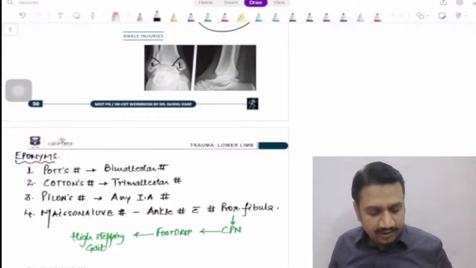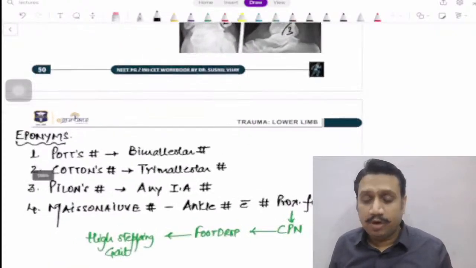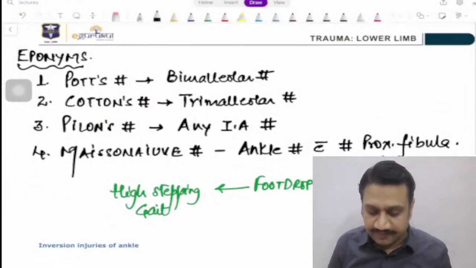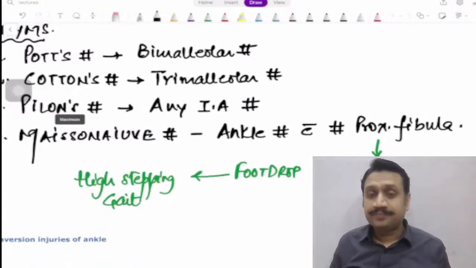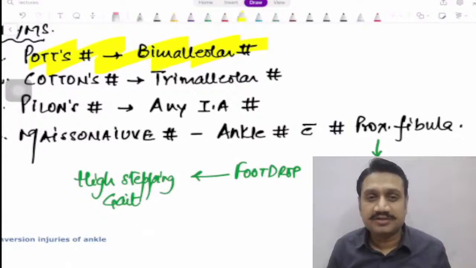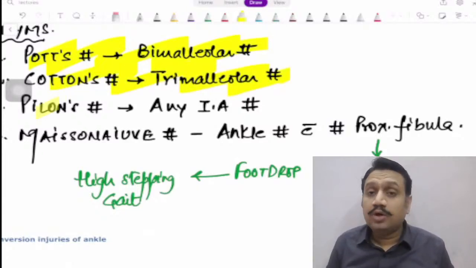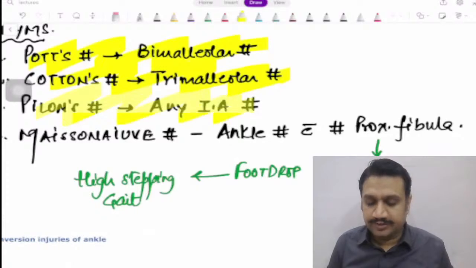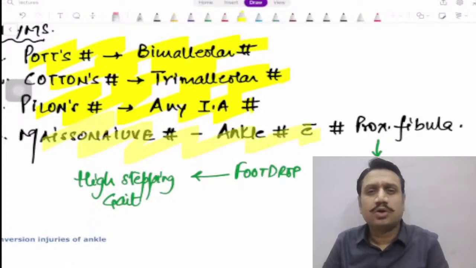Okay, fine. So now when you look at different eponyms, what is Pott's fracture? Pott's is bimalleolar fracture. Both the malleoli, lateral and medial. Cotton's is trimalleolar fracture. Pylon is any intra-articular fracture. And Maisonneuve is ankle fracture with proximal fibula fracture. Okay, right. So these are all the fractures which are called as the eponymous at the ankle area, the Pott's, Cotton, Pylon, and